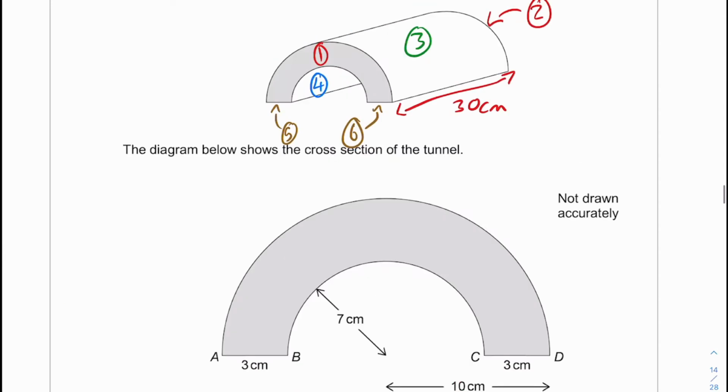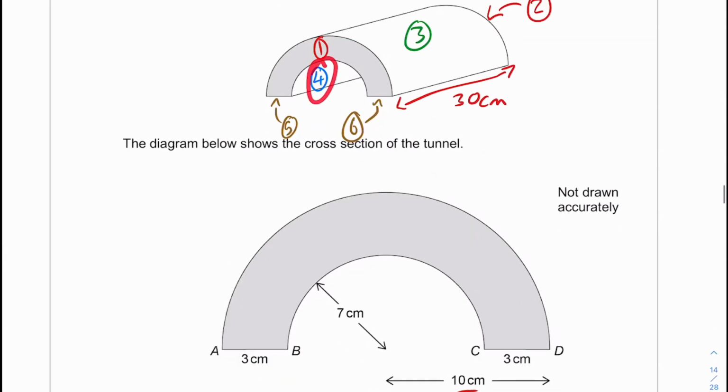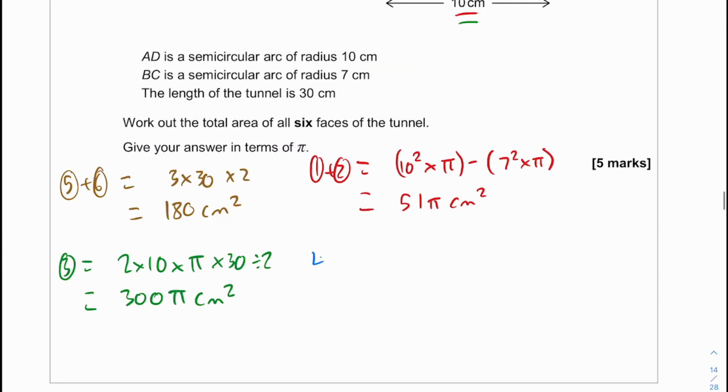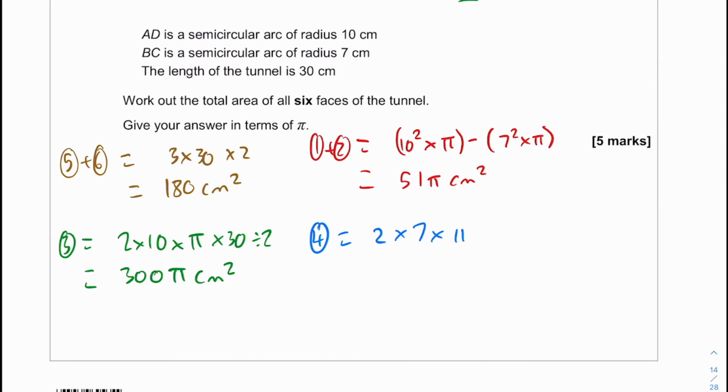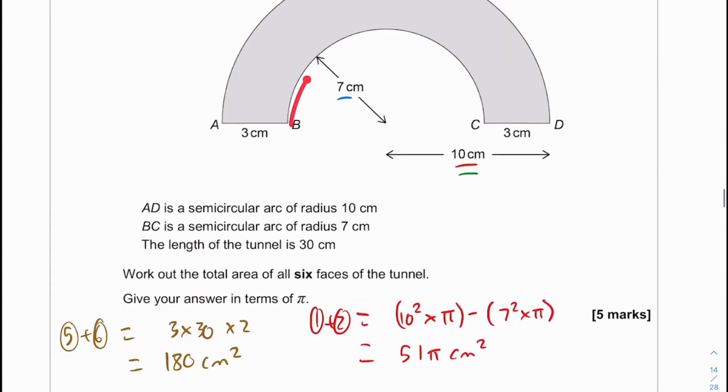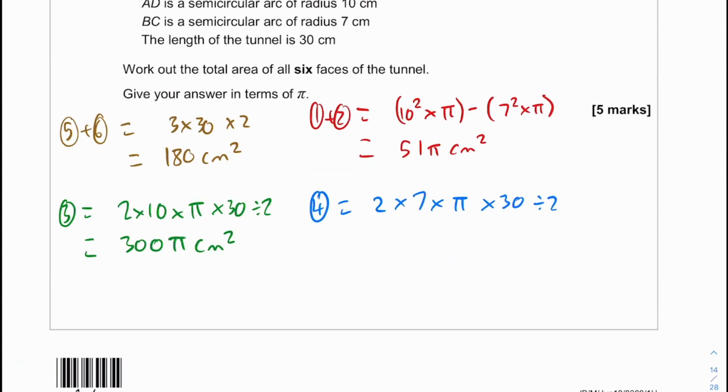So the final area that we need to work out is number 4, and it's the same approach as number 3, but we've got a different radius this time. So for number 4, this is equal to 2 times our radius to find the diameter, where our radius is 7, multiplied by pi to find the circumference, and then multiplied by our 30, which is the length, and then divided by 2 again, as we've only got half of the circle, so one semicircle, so half of the area. So this is equal to 14 pi multiplied by 30, which is 420 pi, divided by 2 is 210